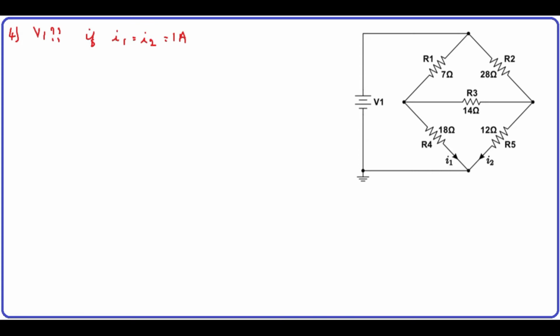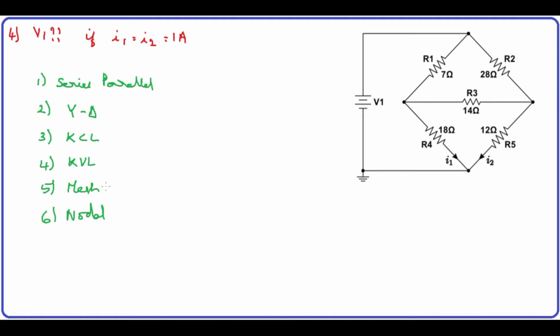Here you can use whatever method you want. Let me discuss the methods. We can simply recollect the methods we have seen so far. The first method is series parallel combination. I don't like to explain which method is suitable, because all methods are suitable, and we will see which method is easier. So let me go ahead with the simplest method, the KVL and KCL method, and see in which way we can get the result.